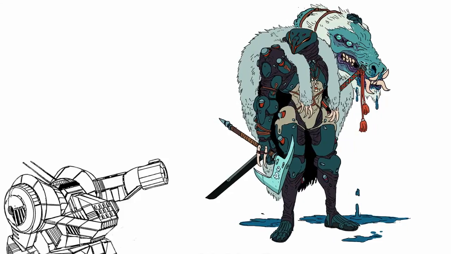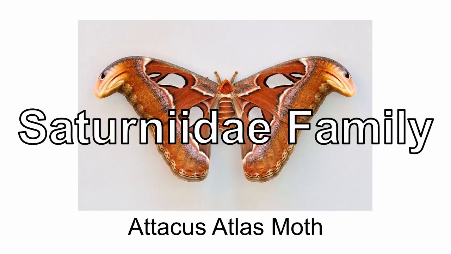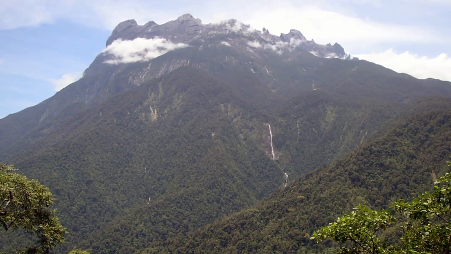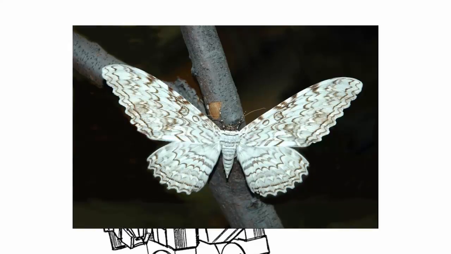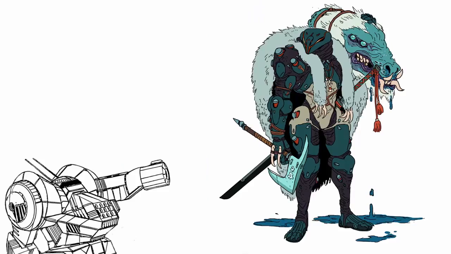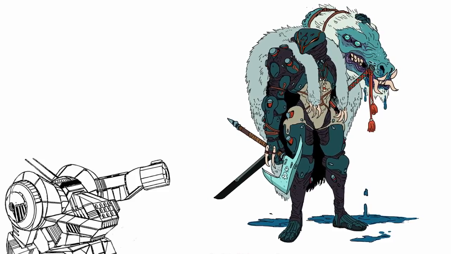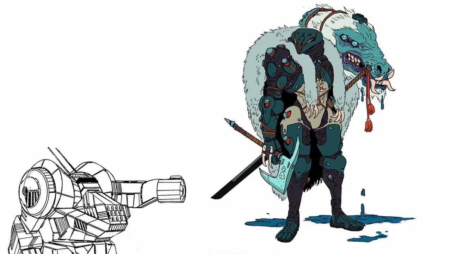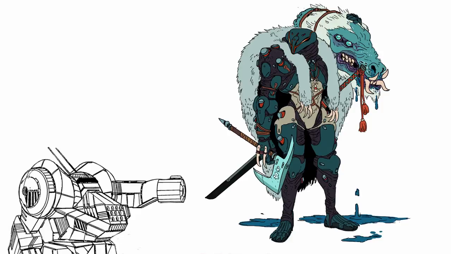In today's episode, Atlas. The Attacus atlas moth is a moth of the Saturniidae family native to the forests of Asia. It is one of the largest moths in the world and is only second place behind the white witch in terms of wingspan and Hercules in terms of surface area. So of course, being one of the largest moths on Earth, Atlas is one of the smallest Smith Shimano Core Pro mechs. However, size clearly didn't matter at all, as Atlas can easily beat down on anything that's larger than